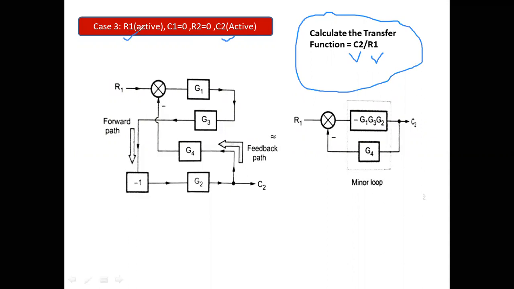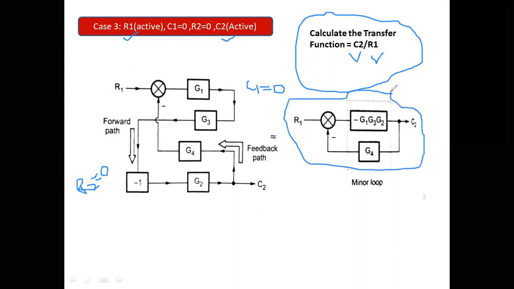And again, simple concept is there. We will just put the value of C1 over here, that is basically 0. Okay, fine. So C1 would be 0 and R2 would be what? 0. R2 will also become 0. Now again reshaping the diagram. So we have to find the simplest minor loop. We have to find this simplest minor loop, and we will see what actually the GS and what actually the HS. Okay, so we have to identify what actually the GS is and what actually the HS is.